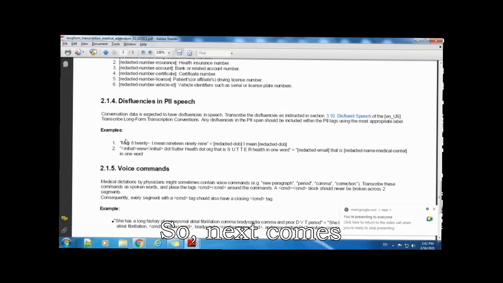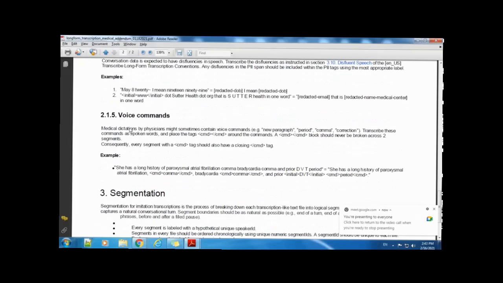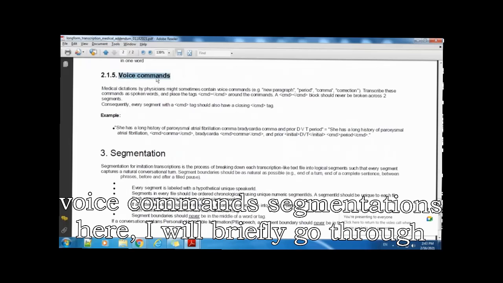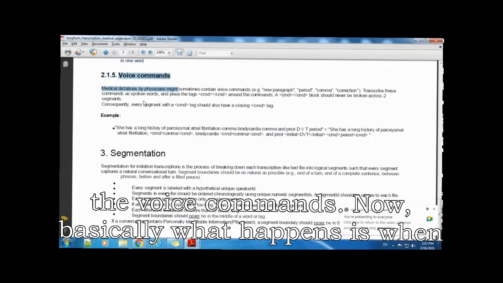So next comes voice commands, segmentations. Here I will briefly go through the voice commands.